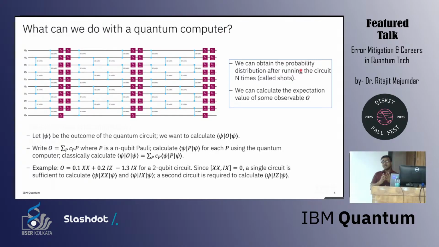There are again many scenarios, say you want to calculate some energy of a molecule, or in machine learning you want to find out some accuracy, or some graph properties. All of these can be represented as some observable. Error mitigation is applicable in this domain. It is not applicable in this domain. So whenever you need the state as the outcome, error mitigation is not applicable. So henceforth, don't think that in quantum communication we can improve using error mitigation. That's not going to happen.